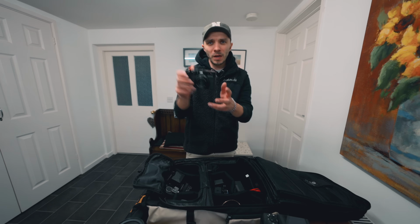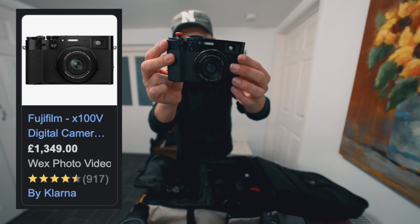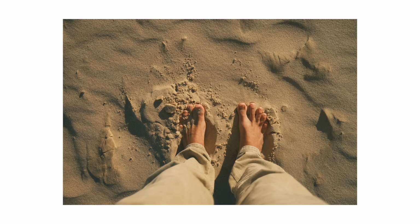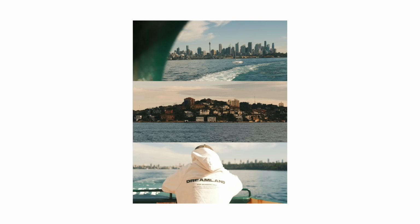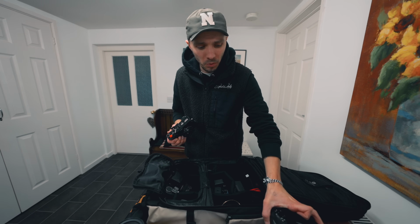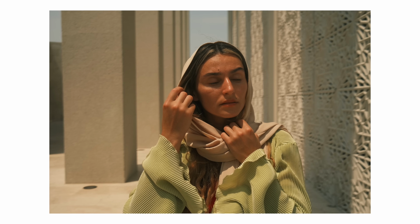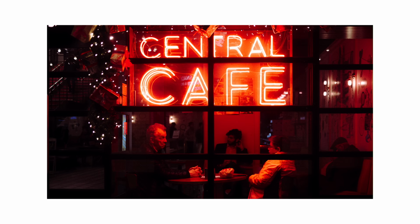Moving on to my favorite camera from 2023 and will be my favorite camera going into 2024 is this. This is the Fujifilm X100v, and this gives me a lot more pleasure and a lot more fun to shoot with than my Sony A7R5. I love this camera, don't get me wrong, but this is just more raw. And I find myself taking way more photos when I'm using this, and the raw files from the Fujifilm is